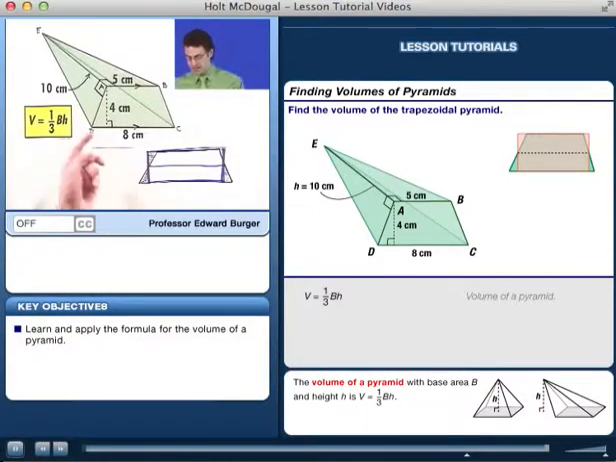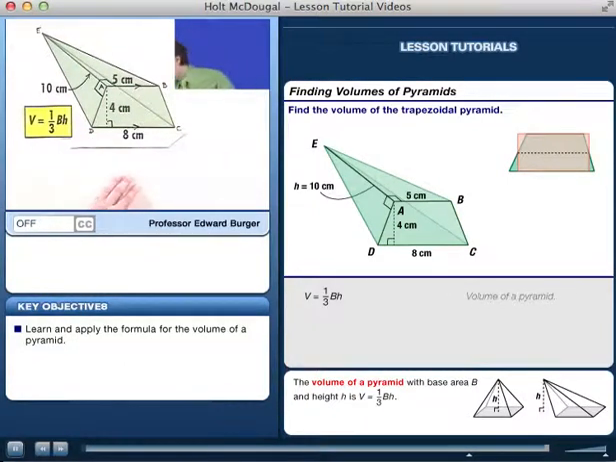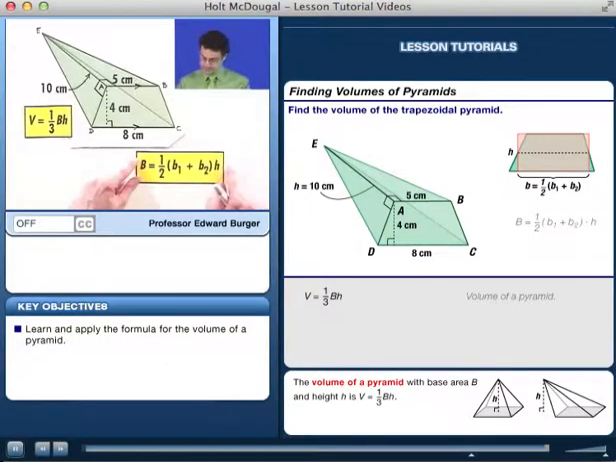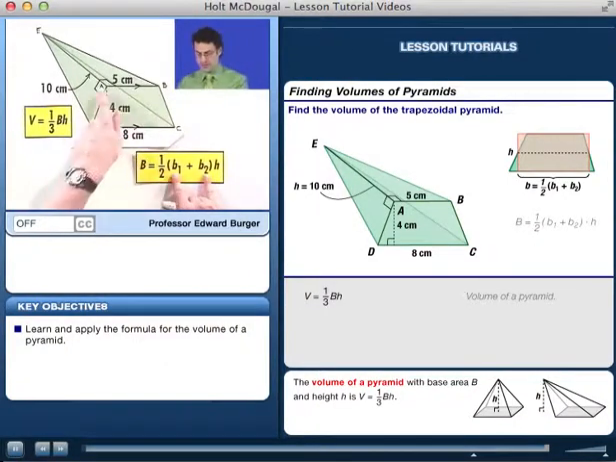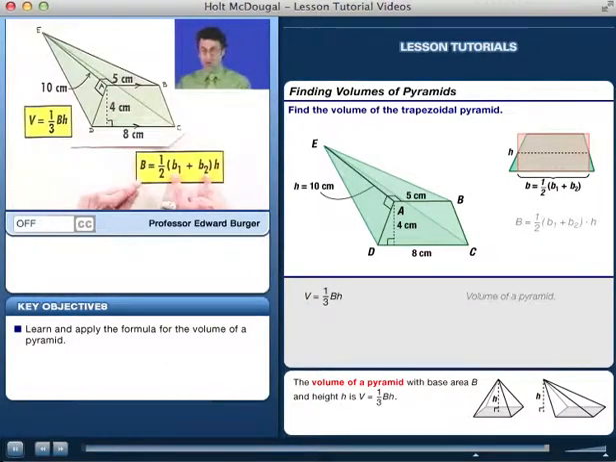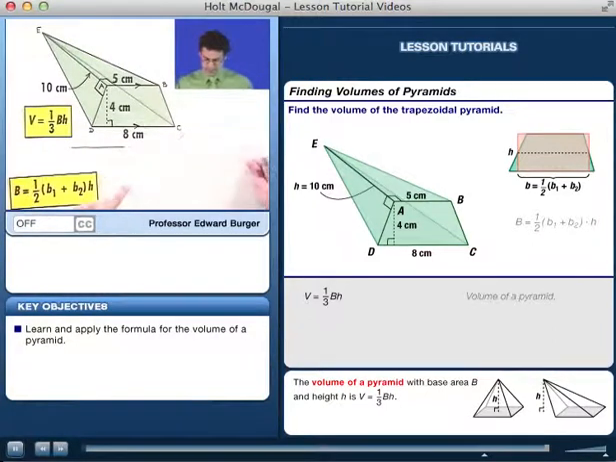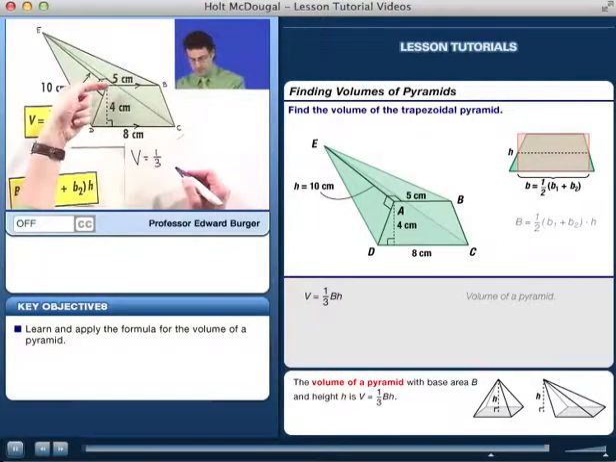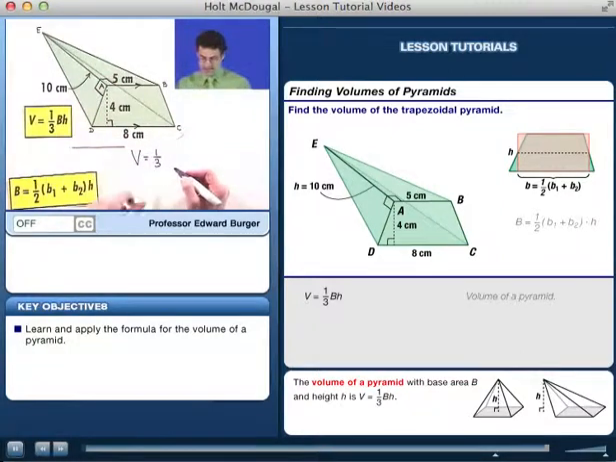Base times height. Now, how do you write that down for real if you want a formula for it? I would never memorize the formula, but here it is. It's the sum of the two lengths of the parallel sides divided by 2, that's the average part, times the height. In any case, we can now figure it out. So here we go. The volume of the whole thing is 1/3 the area of the base. For the area of the base, we take the average of these two values, 8 and 5. We add them together, we get 13. We divide by 2, and so we see